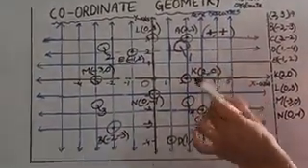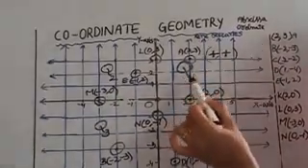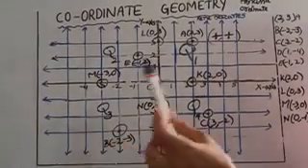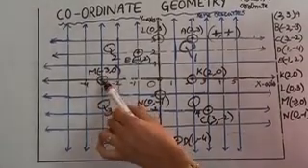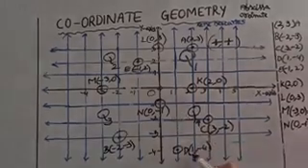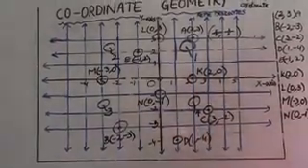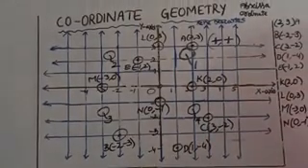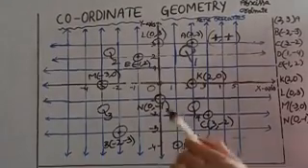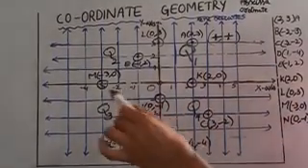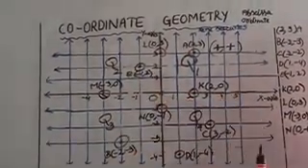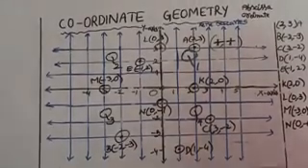If both are positive, all those points lie in Q1, quadrant 1, and all those points having both negatives lie in Q3. If the first coordinate is negative and the second one is positive, those lie in Q2. If the first one is positive and the second one is negative, all those points lie in Q4. Okay, I think you have understood all this. So you should take one graph paper, draw both axes, take some points and locate those points on the graph paper. If you get any doubt, then call me. Okay.